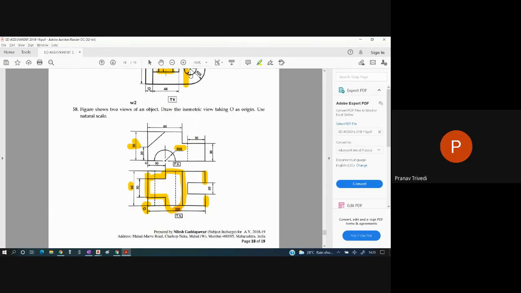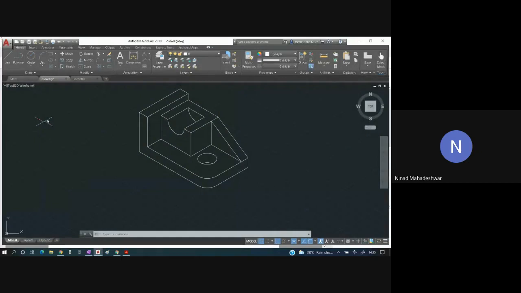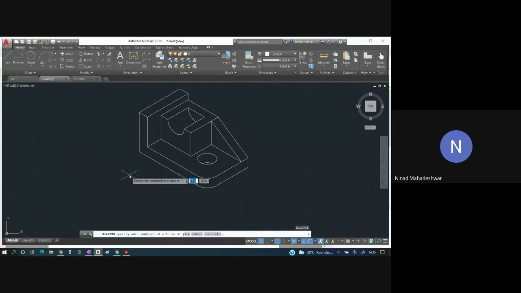Sir, can you explain again how to draw an isometric circle? Yes, I'll tell you. For drawing any isometric circle, you have to press ellipse and press enter. In the command bar, you have to go to isocircle.